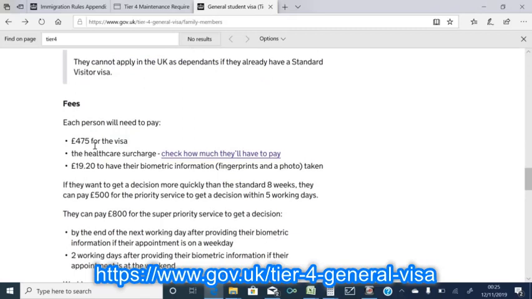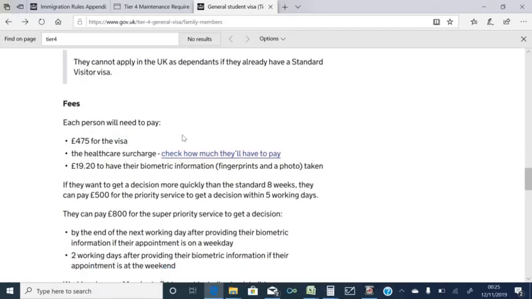£475 for the visa. And you will have to pay health surcharges. You have to go here, check how much they'll have to pay. You have to go to this link and enter your information, your address, your name, date of birth and all the stuff. They'll tell you how much you'll have to pay as a healthcare surcharge. It used to be 250 pound, 500 pound. I'm not 100% sure how much it is now, but you have to go here